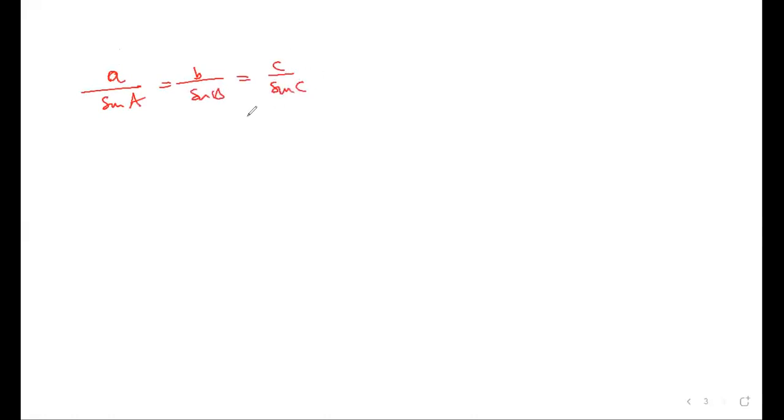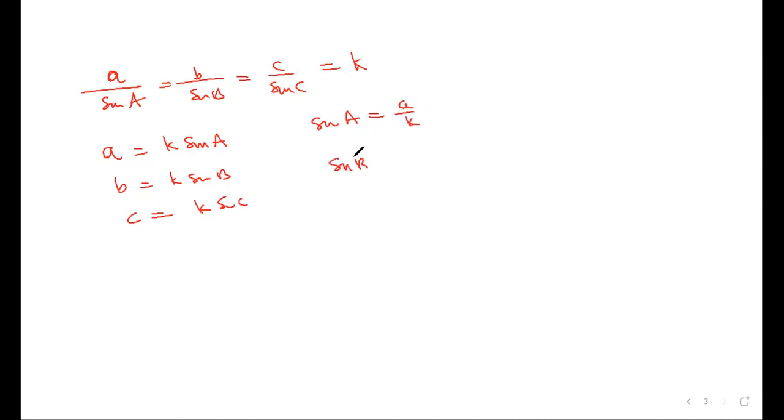How do you use them in the problem? You will equate this with some k. If you want to convert a to a trigonometric ratio, it is k sin A. b will be replaced by k sin B, c by k sin C, and sin A will be replaced by a by k. Solution of triangle, cosine rule, projection rule, sine rule, application of sine rule and all are omitted. The sin A by 2 portion is deleted. The proof and derivation of this formula is not there.